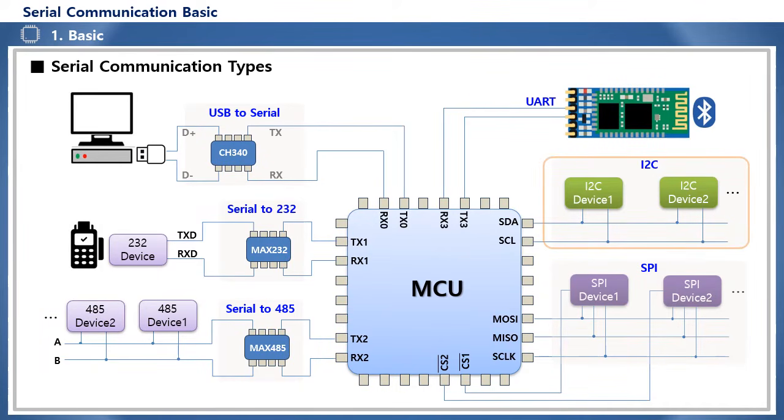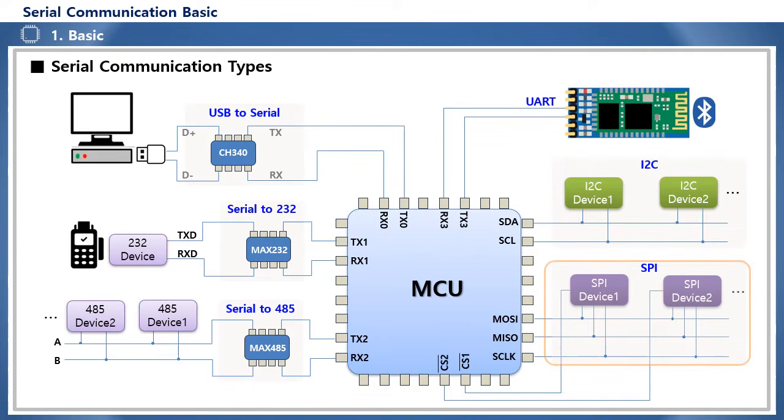I2C is an abbreviation for Inter-Integrated Circuit Communication, and has a bus communication structure that is connected in parallel with I2C supporting devices or elements via 2 lines, the data line SDA and the clock line SCL. It is a structure in which one master and multiple slaves are connected, with the MCU being the master, and multiple I2C supporting devices being connected to the 2 communication lines SDA and SCL.